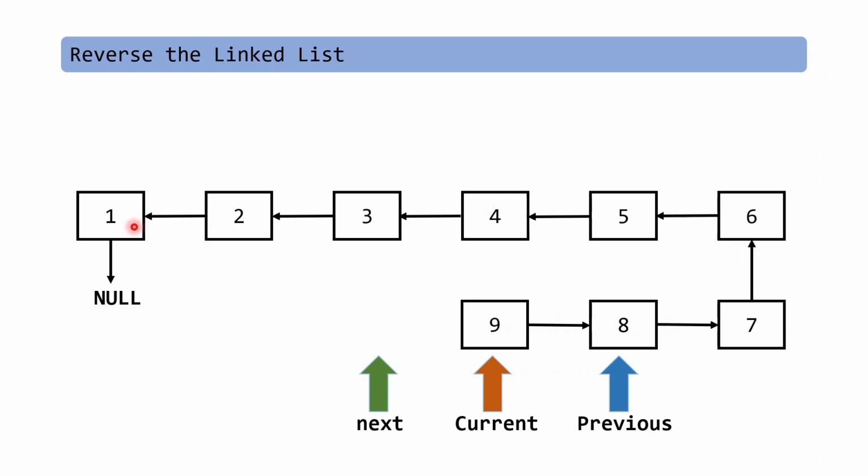The only thing we have to do here is, initially our head pointer is pointing towards the first node of the list, which is 1 here. So I have to make the head pointer equal to this current pointer. So as our head pointer becomes equal to the current pointer, our list gets reversed. So let's do the code for this.